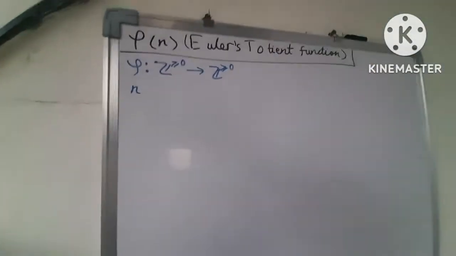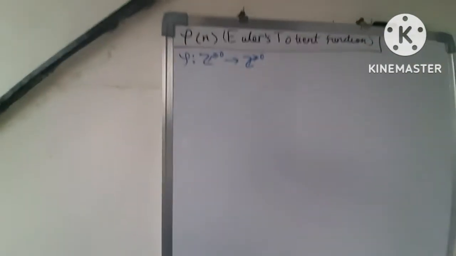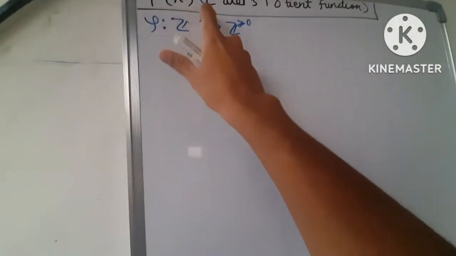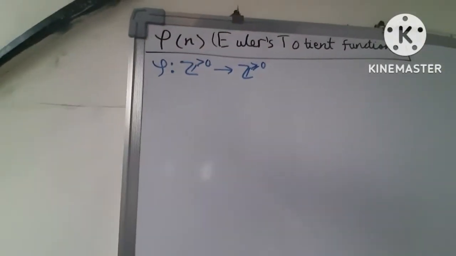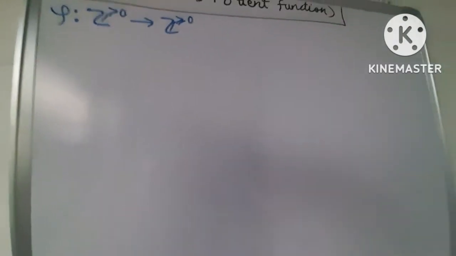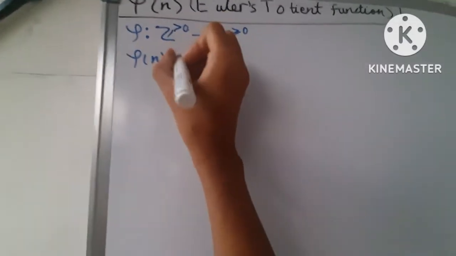But I've never seen 0 being used for the domain. I don't think it's defined either, so you know what, this is gone. It just maps the positive integers to the non-negative integers. So basically phi of n is